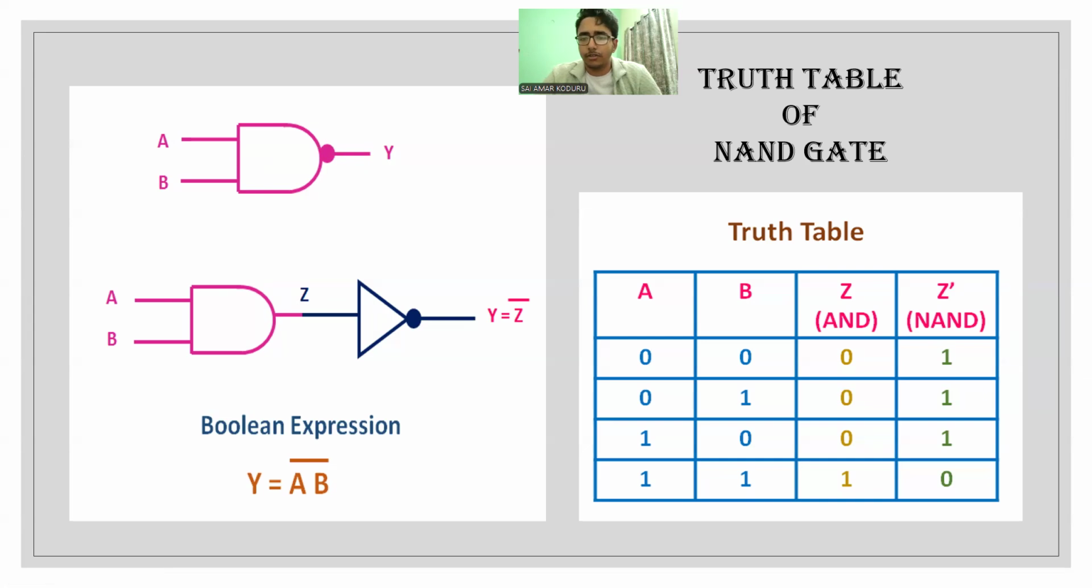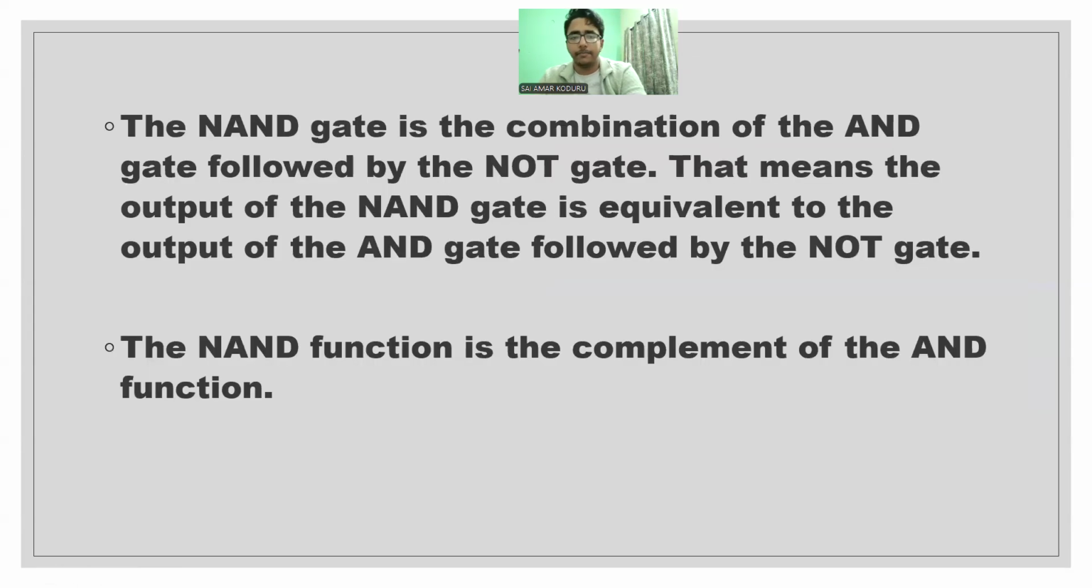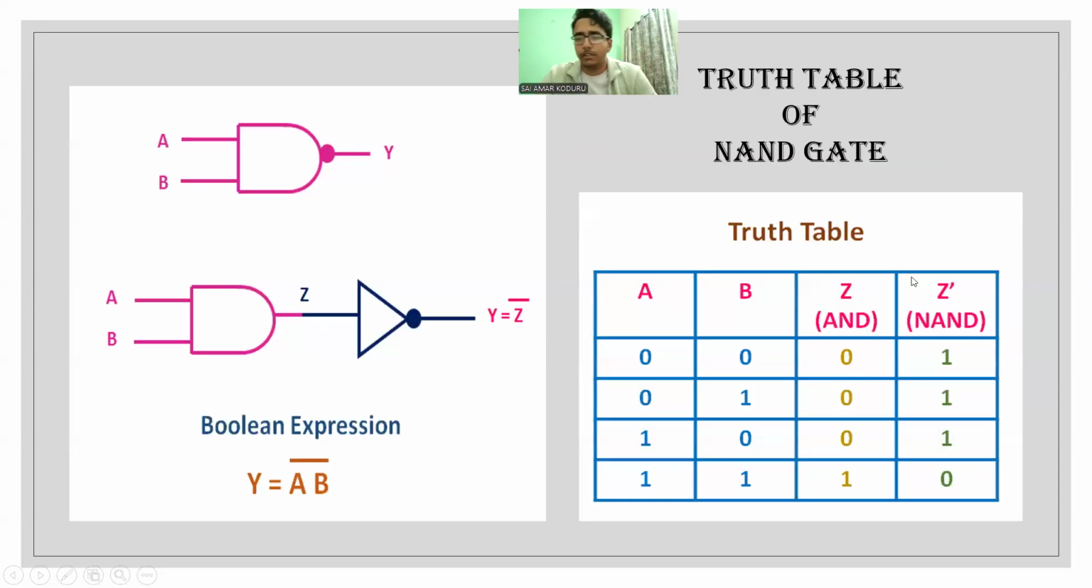And now let's talk about the truth table. There's also a comparison between the AND gate and the NAND gate so that we can identify what it means. In the second statement, we said that the NAND function is a complement of the AND function. If you observe the truth table, you will understand the meaning and the purpose of the above statement, which is